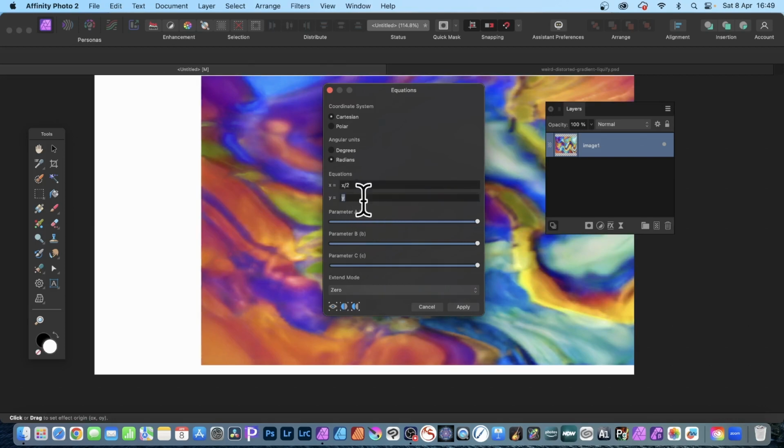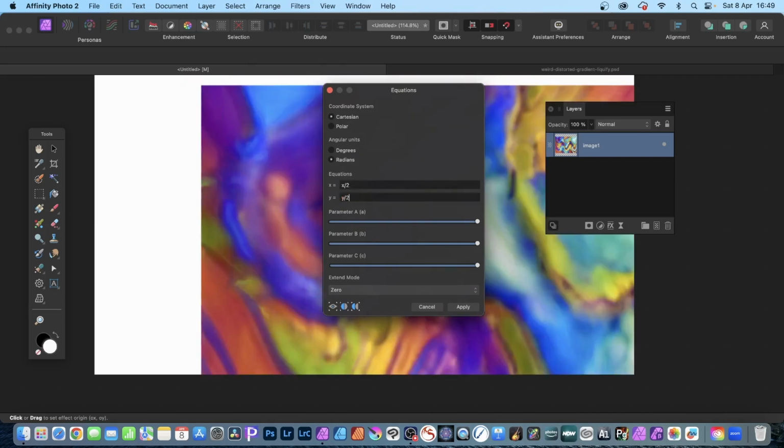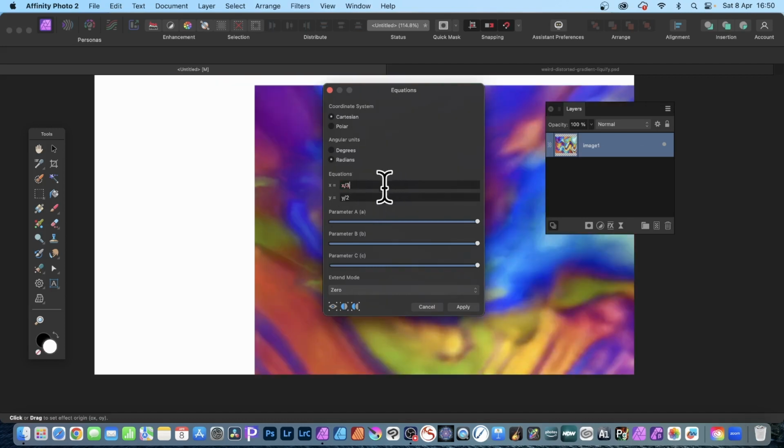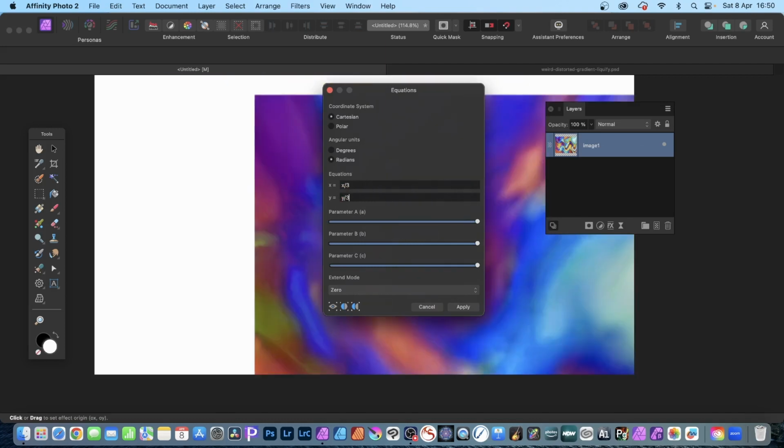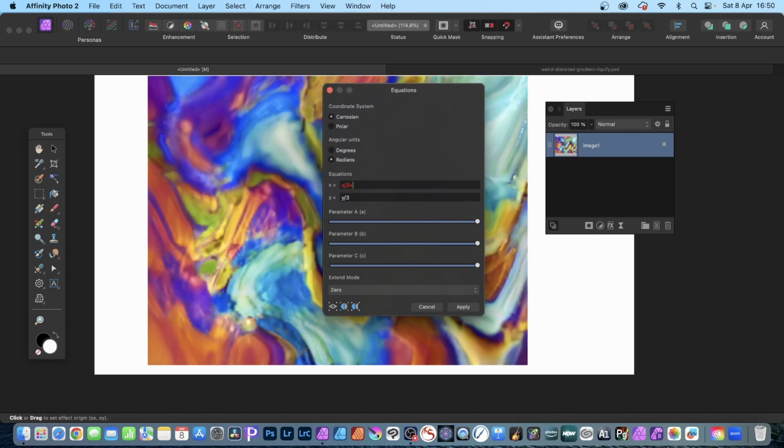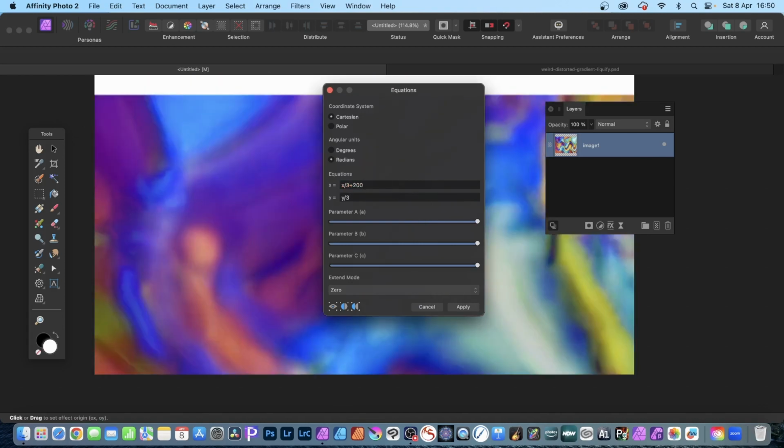So you can go Y divided by 2. And you can see what happens. It doubles the size. Obviously, it makes twice the size one direction and twice the size the other way. So it's actually 4 times. And you can do exactly the same. X divided by 3, Y divided by 3. You can still, of course, go plus 200, so you can shift it, or you go